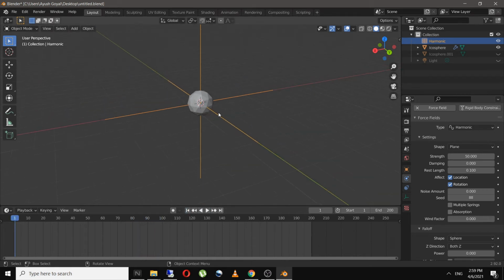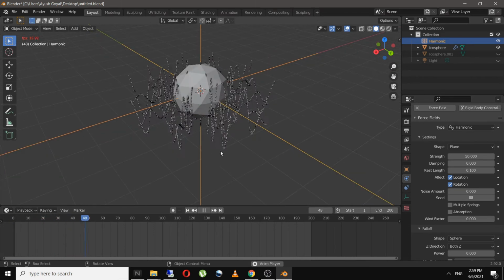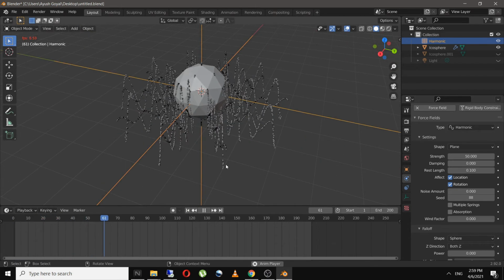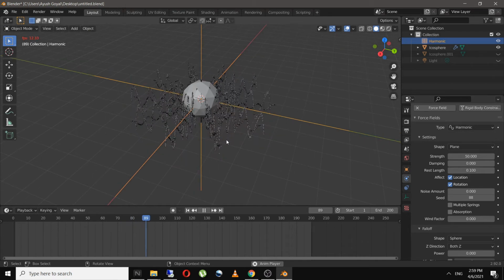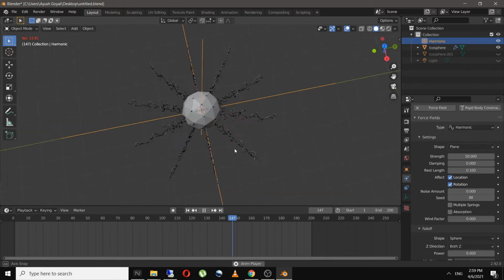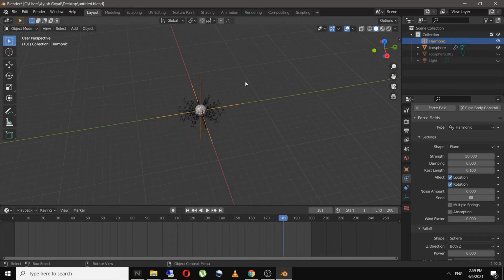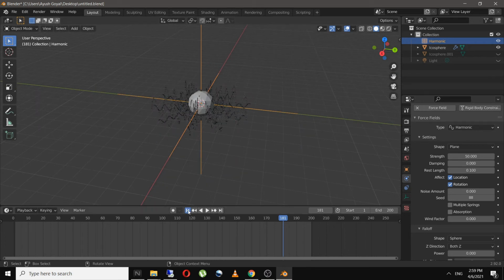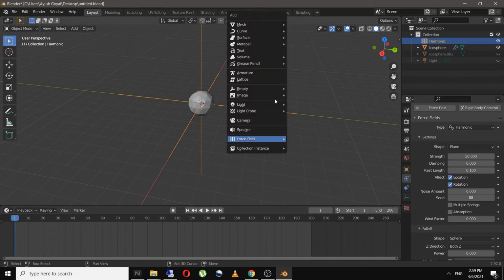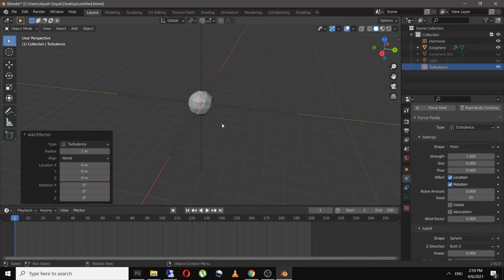And now when we play it, as you can see, it starts to look something like a harmonic wave around all direction. But still it looks weird. So for that, I will add in another force field called turbulence and increase the strength to 50.